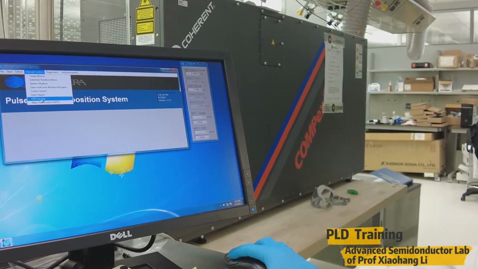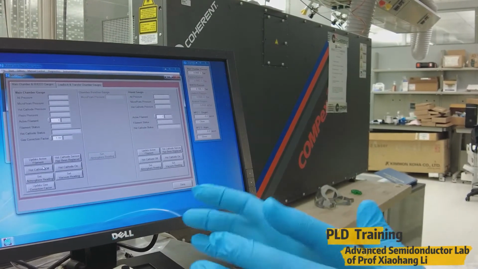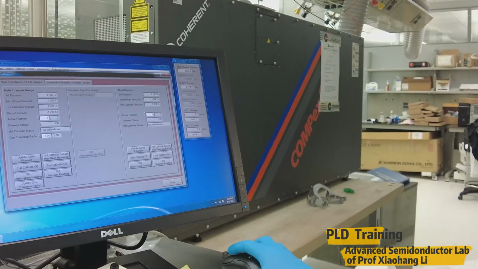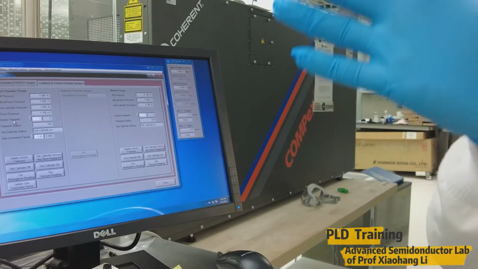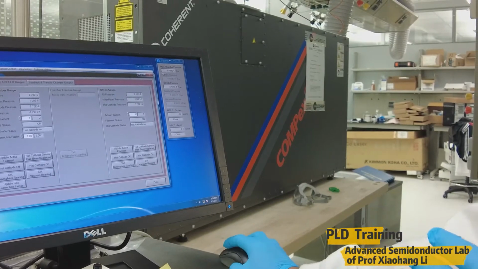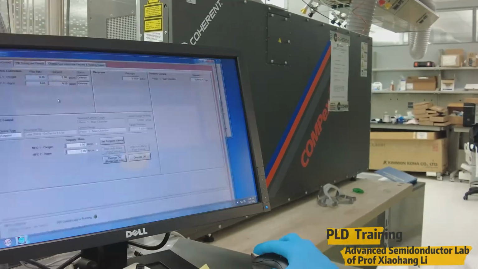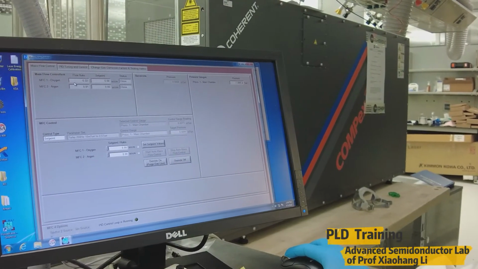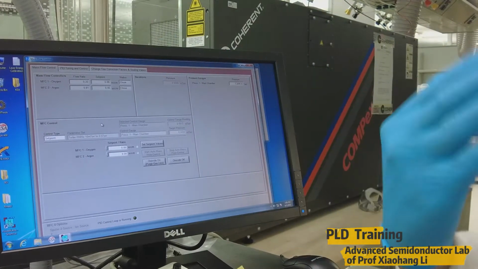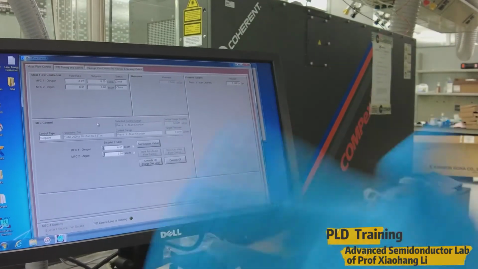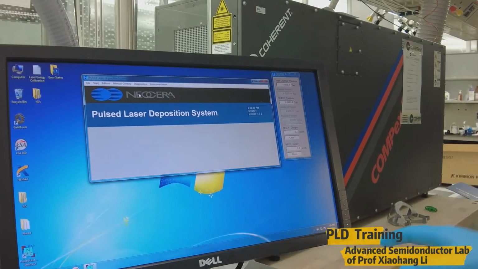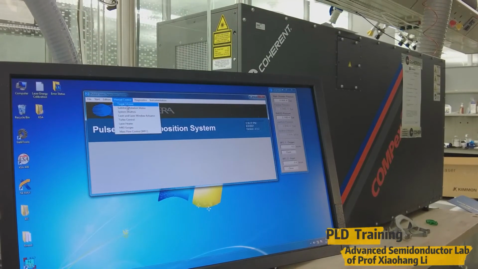The other window is the gauge. This window is basically for measuring the vacuum. So we have 2 different vacuum units. One is for measuring the lower vacuum and another is for high vacuum. So we normally don't use this one. The pressure will always show in this window. Finally, the window for this one is the mass flow controller, where we can specifically pass oxygen, nitrogen and argon in a specific amount by using the mass flow controller. So these are the manual controllers for this system.